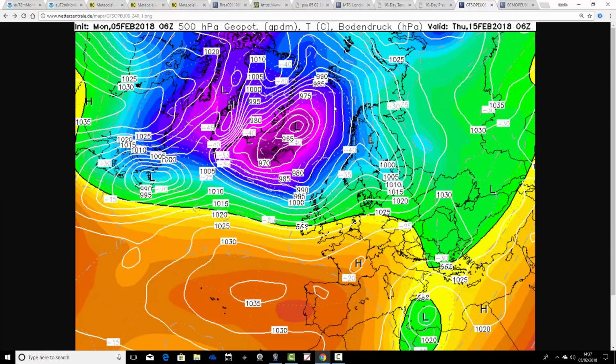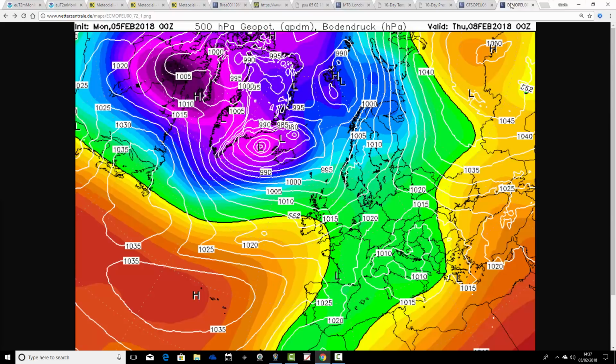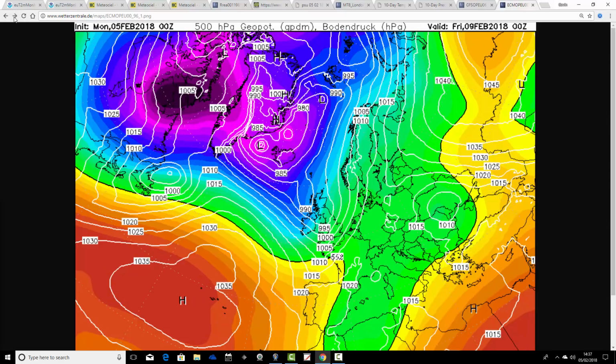And when you get the yellows and oranges in over Greenland, that tells you you've got a proper Greenland high, you've got a proper blocking feature. And, of course, we just have to wait and see whether that does set up. But certainly going up to day 10, we're still in quite a flat and unsettled and fairly mildish, I suppose, westerly flow. Eastern air looking like that, so the end of the week sees the